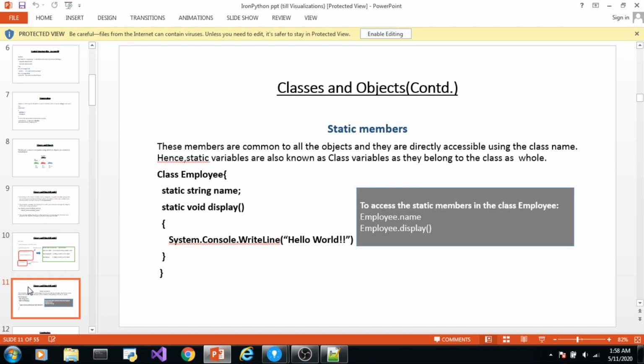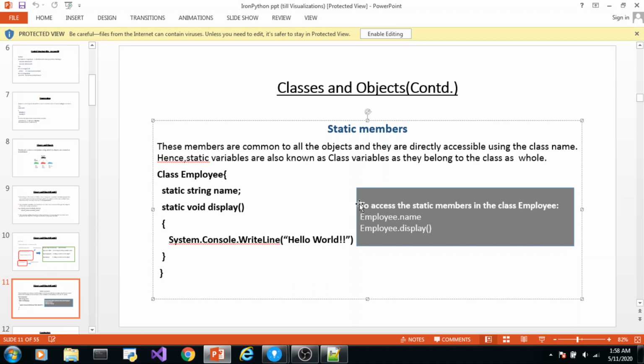But when you create a static member in a class, only one copy of that is created, which is shared by all the objects of the class. For example, here we have a class employee, we have a static member name, and then we have a function which is also static.